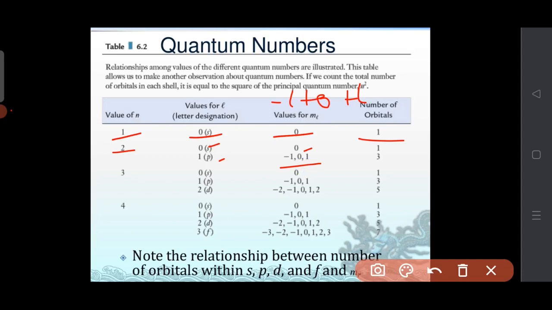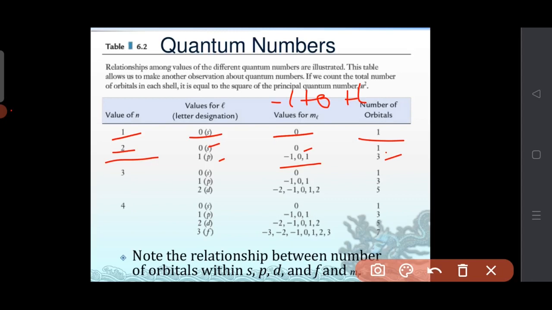Each value of the magnetic quantum number indicates each orbital. So, how many orbitals are present? For ml equals 0, 1, and for these, 3. So, when n equals 2, total orbitals 4. Okay. So, by this way we will get, and 0 means s orbital, 1 means p orbital and 2 means d orbital. According to the azimuthal quantum number, we can say the name of the orbital.